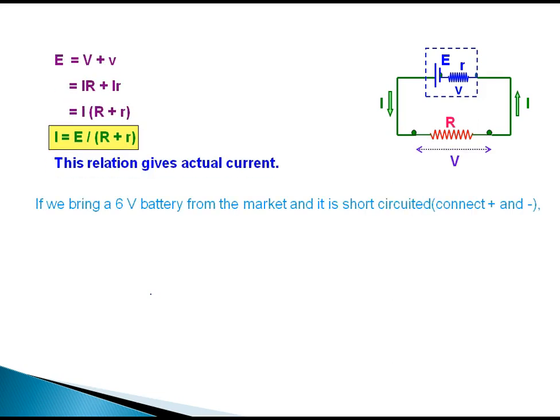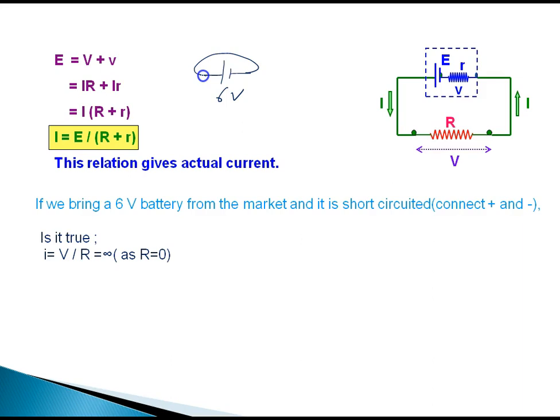Okay, now I am asking a question. If we bring a 6 volt battery from the market and it is short circuited, I hope this word is very much clear to all of you. I have the battery of voltage 6 volt and I take a wire which is not having any resistance and I connect the positive and negative of the cell. All of you know there is sparking, that you people know very well. Now I just want to ask you one question. Is it true that I tends to infinite at that moment? Because according to I = V/R, if R equal to 0, because we are short circuiting it, is it right to say I tends to infinite?